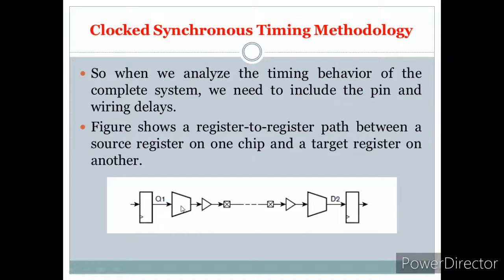As we can observe, this is one pin, this is another pin. So between the pin and the combinational circuit or a flip-flop, there is a buffer. So when we analyze the timing behavior of the complete system, we need to include the pin and wire delay. The figure shows a register to register path between a source register on one chip and a target register on another chip.